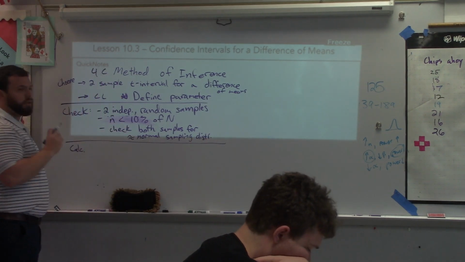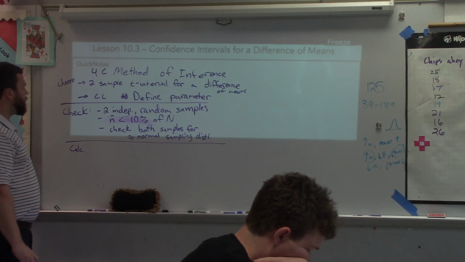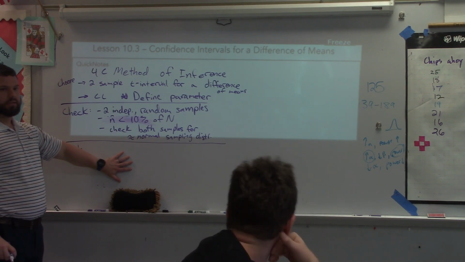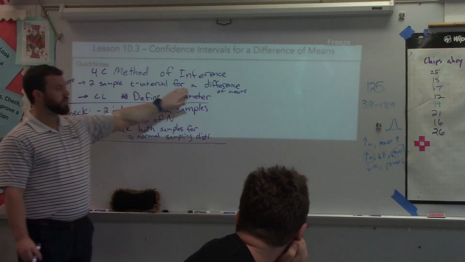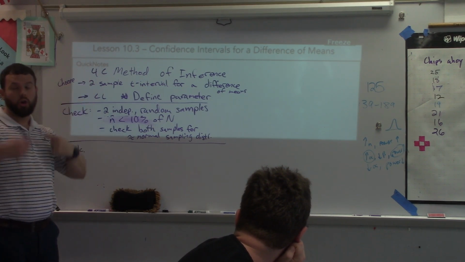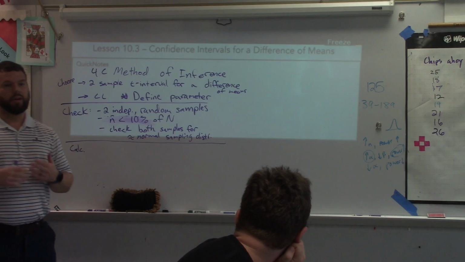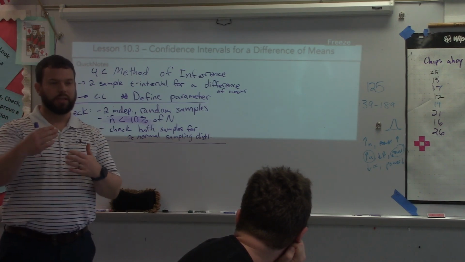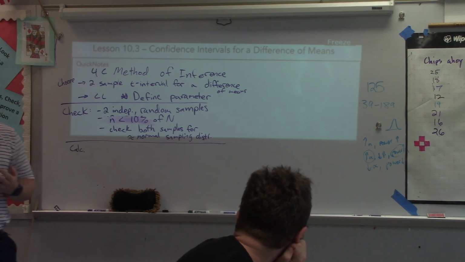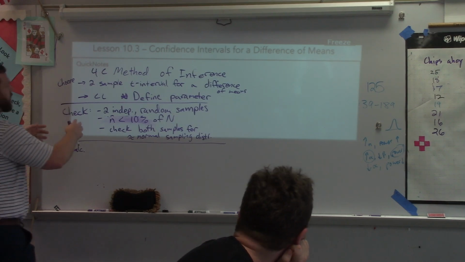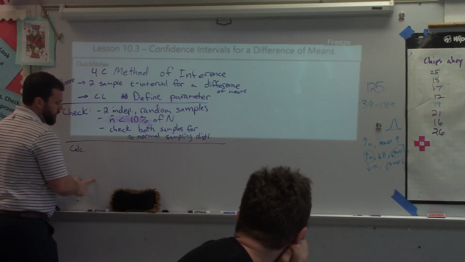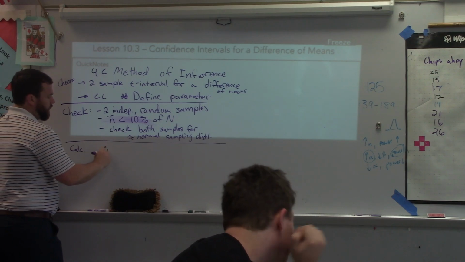calculate. Please understand how to use that calculator. When you go to pick your inference procedure in the calculator here, make sure you go back to this. Or if you're even stuck in figuring out which procedure to use, go to the calculator, hit menu, and first of all, am I doing an interval or a test? Look at your intervals. Which intervals do I have? Do I have a mean or do I have a proportion? Because that's going to tell you a ton. Use your calculator, use your name up here to help you figure out which procedure. Think through those details. But general formula,